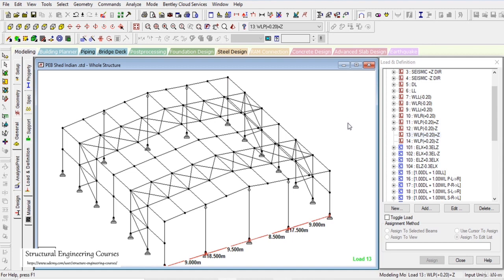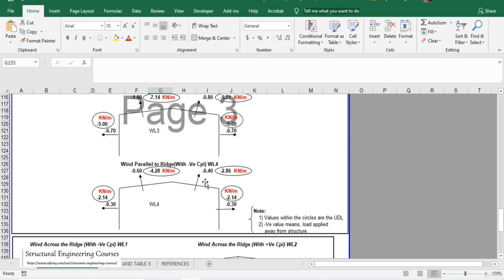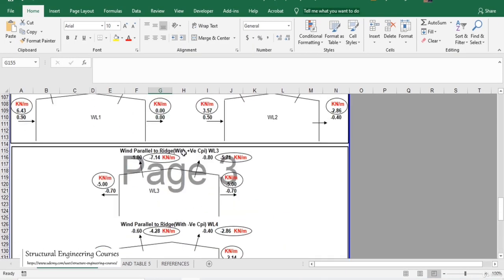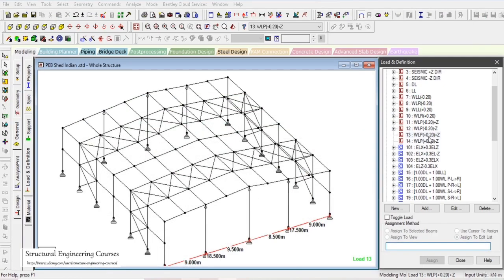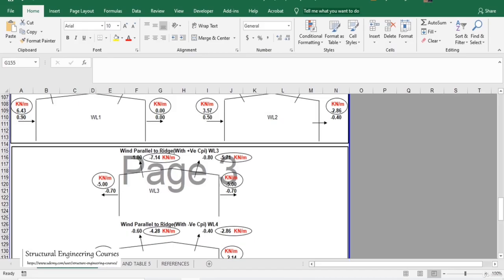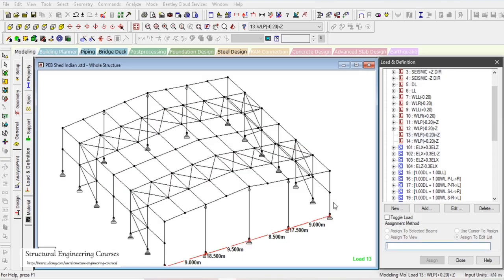Now the last case that is still pending is wind parallel to ridge with plus CPI here. For wind parallel to ridge with plus CPI, all of these values are minus, that is, all of these values are acting away from the structure. There are four values here, 5 and 7.14 and 5.71. So we shall take here add member load,